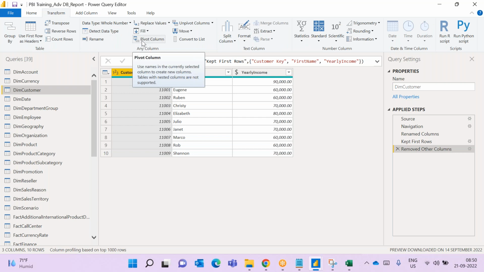Okay, so what is pivot column? It uses the names in the currently selected column to create new columns. So now I have all my rows, and all my rows will be converted into columns. That is pivot column. So all my rows are converting into columns. So now I have 10 rows. If I click on pivot column,